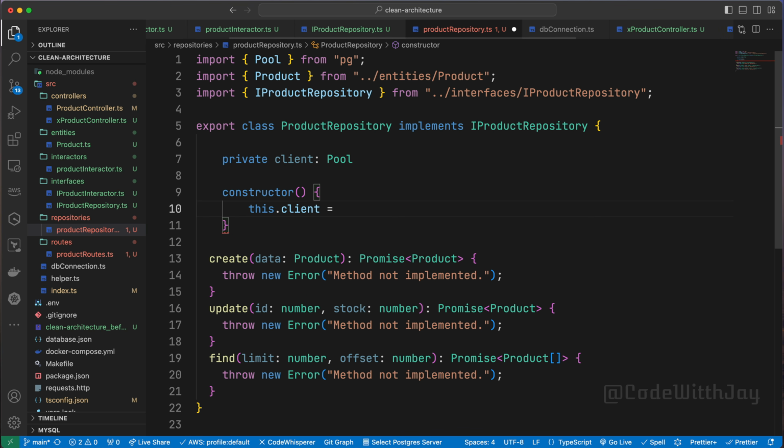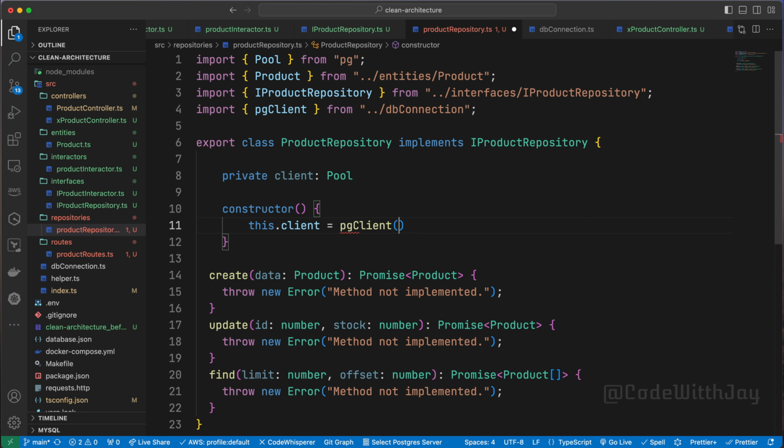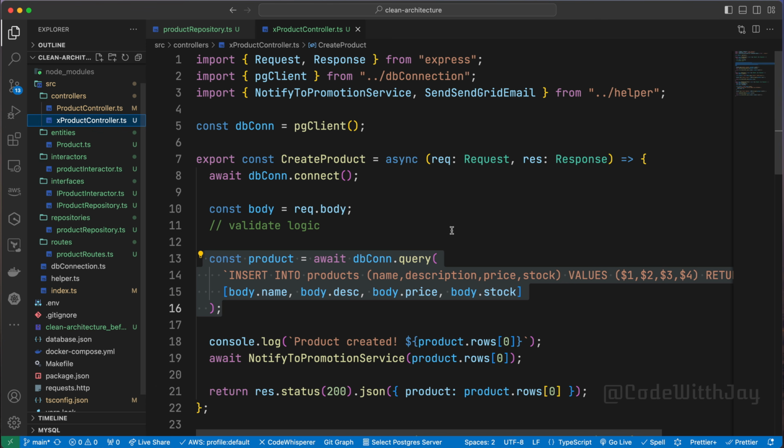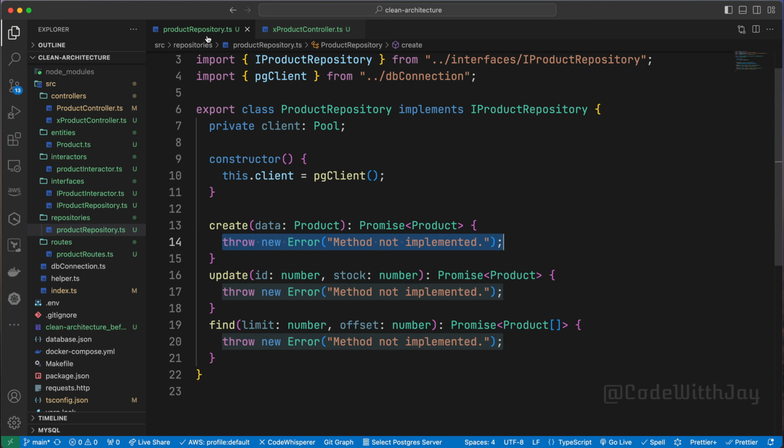and here, while our constructor is going to be called, at that time we will say this.client will be the pg client, right? Now let's try to add all this database query right here, where we are going to create, update, and define, right? So all those things we need to add. So let's go here in the X product controller, right? Let's grab all this query data from here,